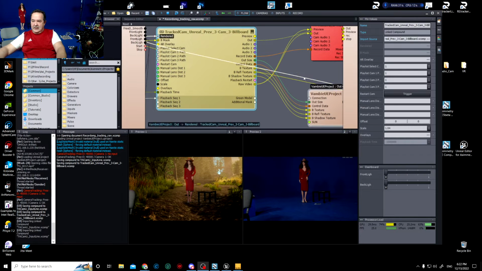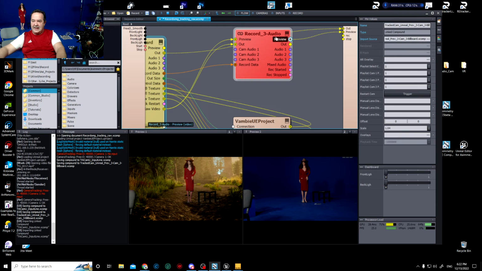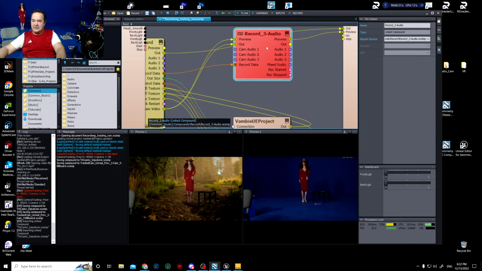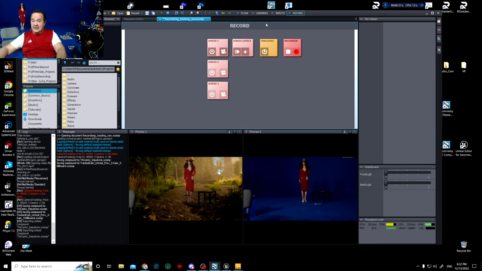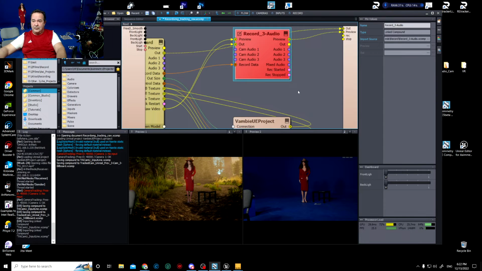So the next step, you just need to use this Record 3D audio, because on this Record 3D, everyone who knows Aximmetry, inside this compound have a tracking already built in. How to find it exactly, this Record 3D? When you go over there and say record,